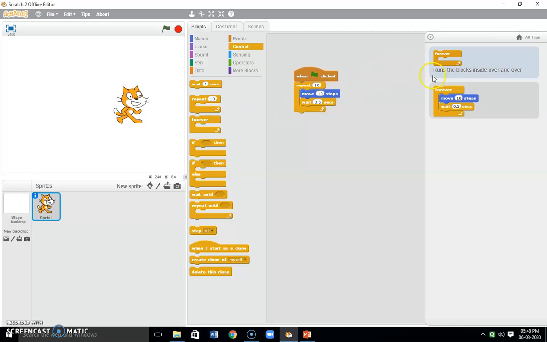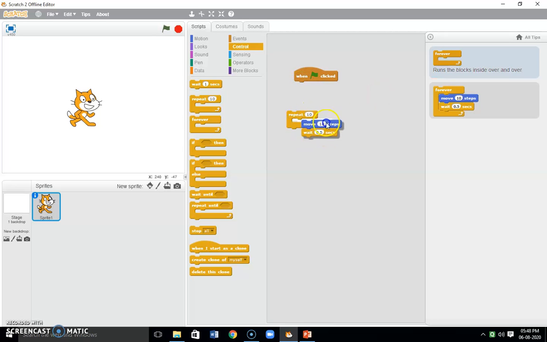Forever runs the blocks inside over and over. In the earlier program we repeated the process 10 times, but here if you want to continue forever, then we can write inside the forever block. See, I am removing this repeat 10 times. In place of that I am taking the forever block.